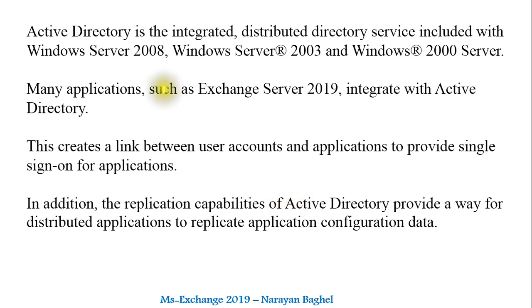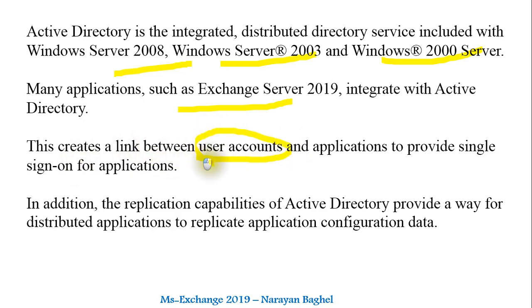Active Directory is an integrated distributed directory service included with Server 2000, 2003 and 2008, and many applications such as Exchange Server 2019 integrate with Active Directory. This creates a link between user accounts and applications to provide single sign-on for applications.